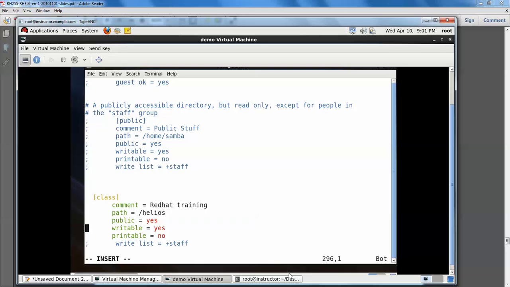I want it to be browsable so anybody can access. Browsable equal to yes means they are able to read. Okay, then after that